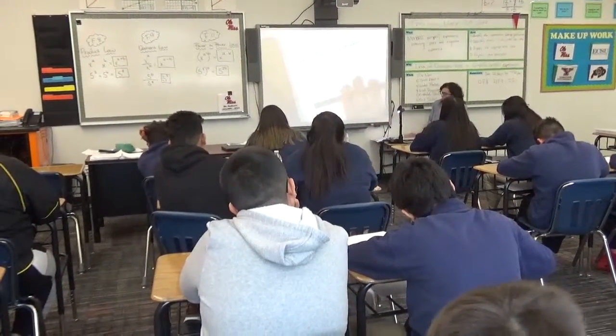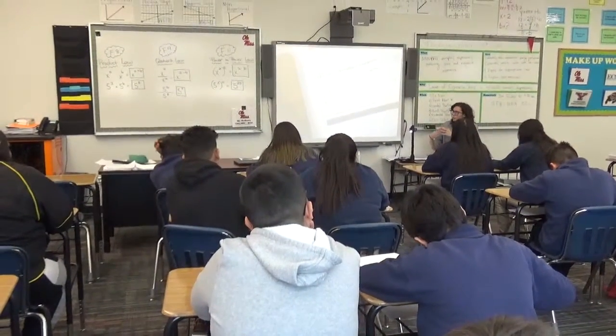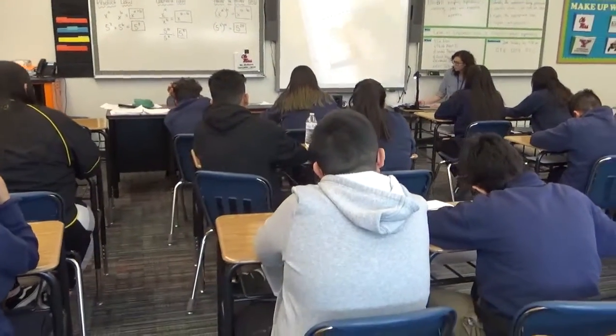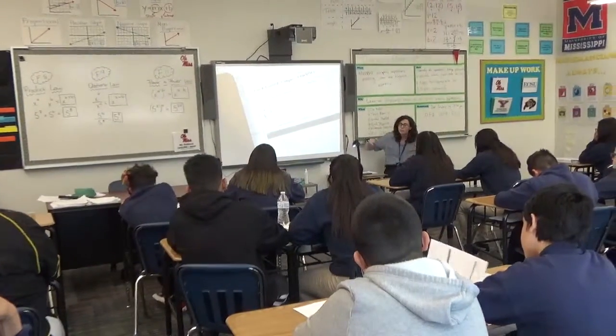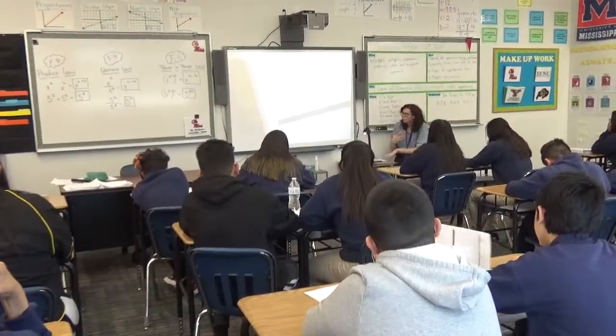So what I heard was she understood that she has to move everything to the other side of the equal sign if she wants to isolate a variable. And we see our variable here is x. So I know I want to get everything away from that, and I'm going to start from the outside and move closer and closer as I'm solving, okay?